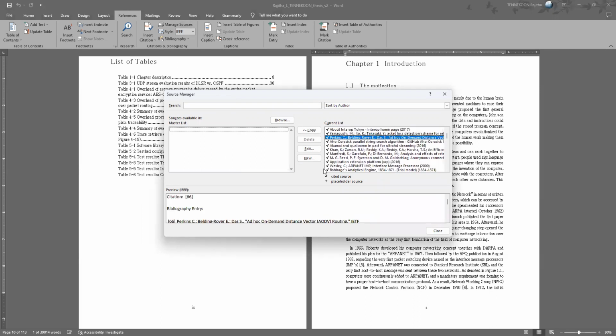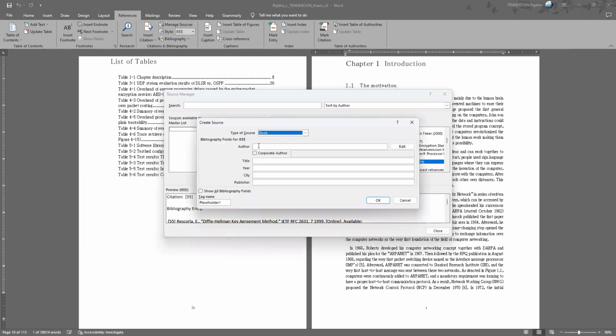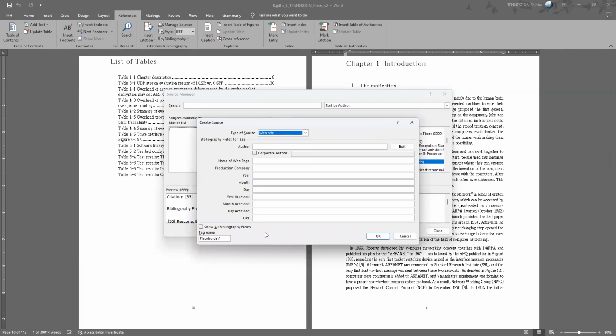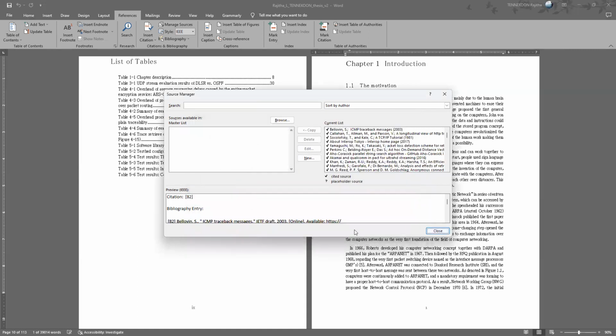At the beginning it will be harder to manage this list, but once you add it in the correct order it gets easier. If you click on New, these are the things you need to select. Whether you are referring to a book, journal, report, or a website, the fields will differ. Can you see? Fill out all the details as much as you can, and it will automatically generate the reference.